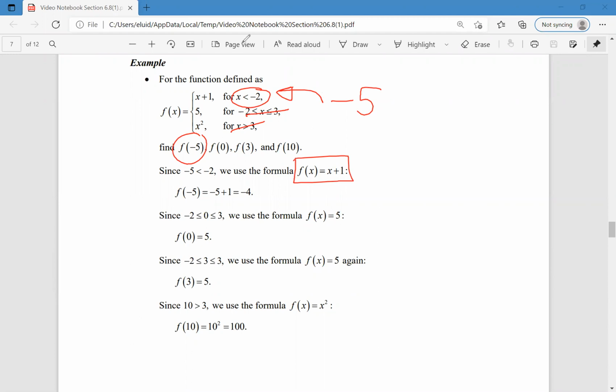Okay, then the next function value that we're finding is f of 0. So which piece does 0 fit into? So 0 is not less than negative 2. 0 is also not greater than 3. 0 is between negative 2 and 3. Okay, so since negative 2 is less than or equal to 0, which is less than or equal to 3, since that's true, we use that middle formula right here, which is f of x equals